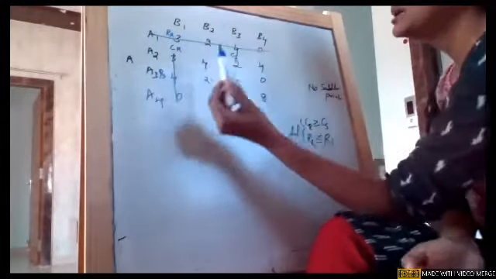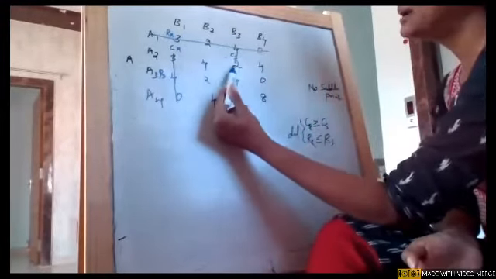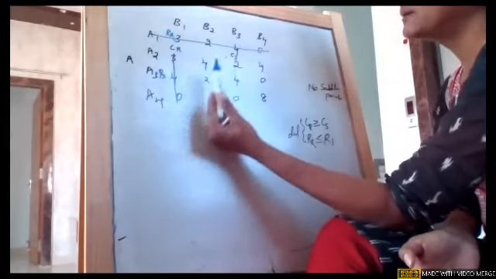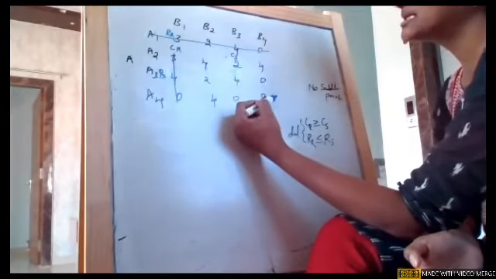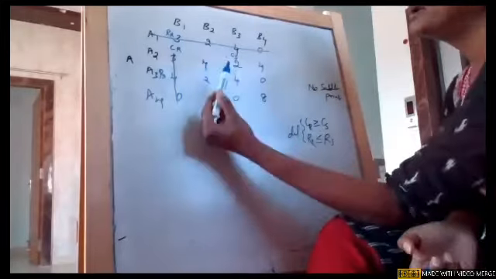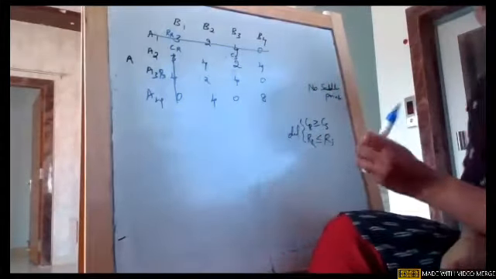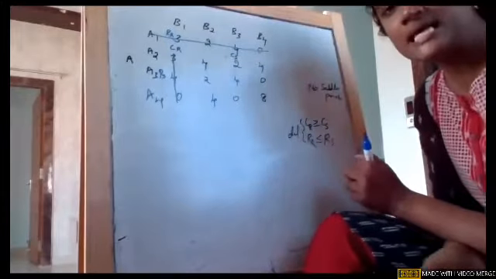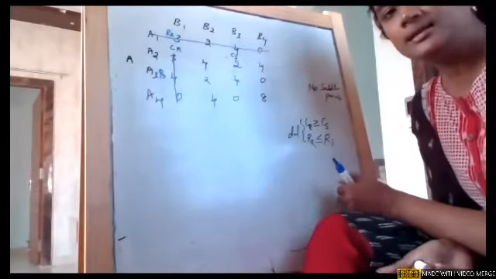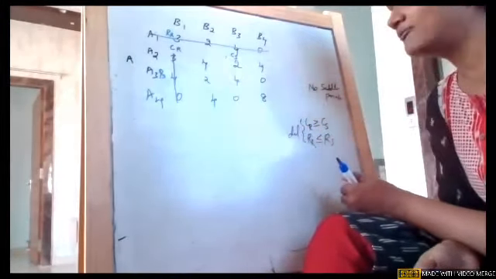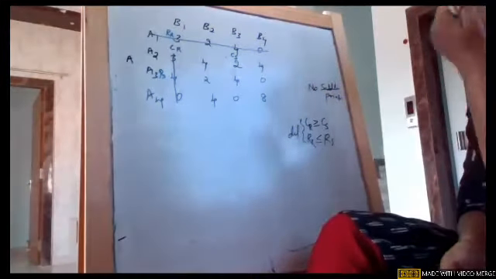I'll go row wise. First row, 4 is greater than, but 2 is less than. 4 is equal to, 2 is greater than, but 4 is less than. Again, it is not satisfied. 2, 4, and 4, 0. So this is how the scenario is, row wise or column wise, I can't apply dominance. In this kind of scenario, you can take the average of 2 columns and 2 rows.